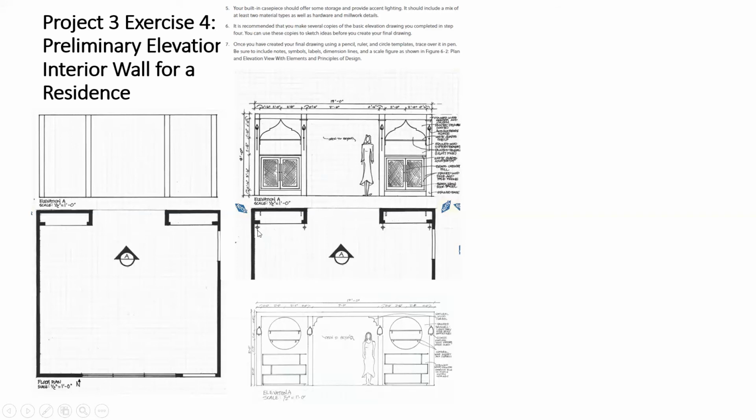And so you can see the next step, once I've developed this very basic plan and elevation, now this is my next step. I have indicated the location of sconces here and here, and this wall right here is this wall right here, because see it's directly above it. You can see the symbol for the sconce. If I bring vertical lines up from the plan and create the elevation, that's right there. You can see here I've also got some dashed lines, which indicate the location of these brackets that are holding up the shelf. You may not need those, but I have them.